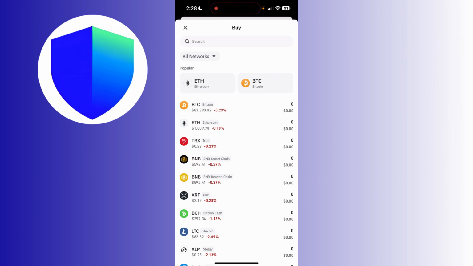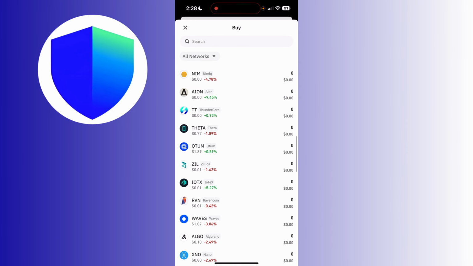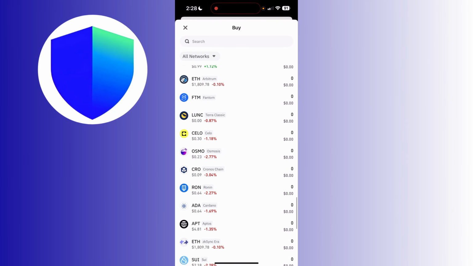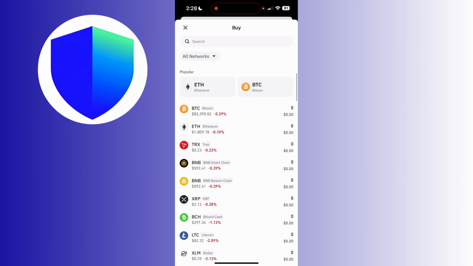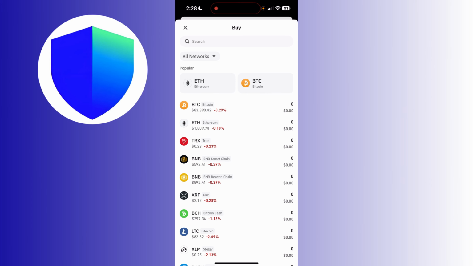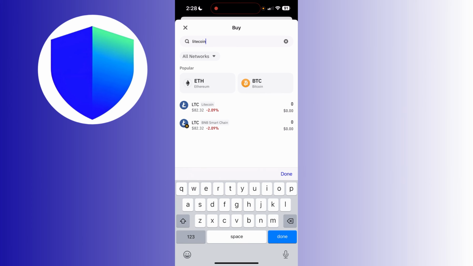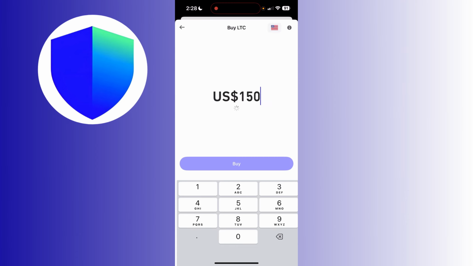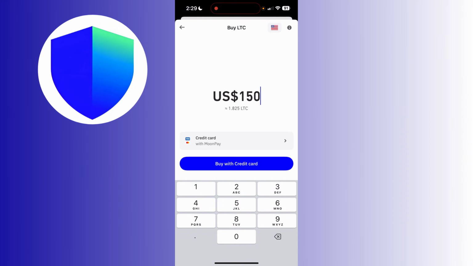the Buy, and after clicking it, just simply scroll down to find the specific cryptocurrency that you wanted to buy. Like for example, let's just simply search it. For example, I wanted to buy Litecoin, so I will just click on it, and of course here you will see US dollars. But if you wanted to change your currency, just simply click the flag icon on the